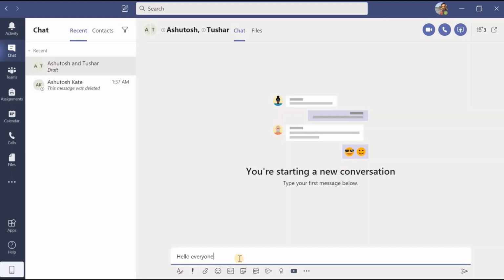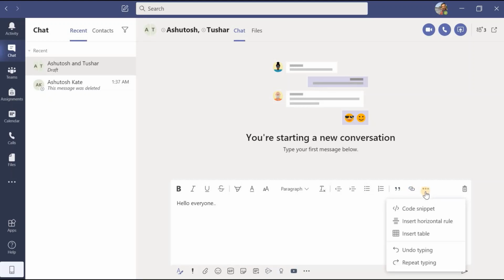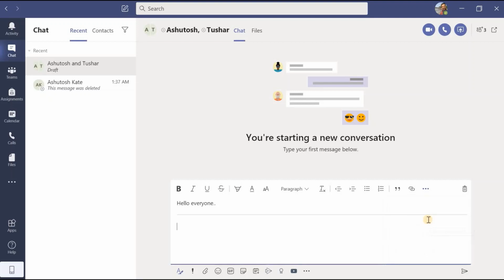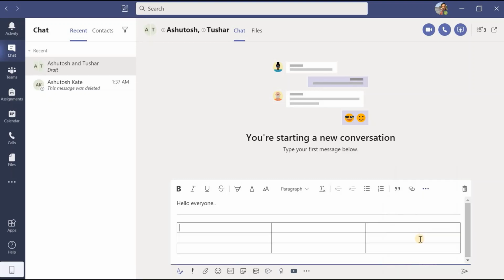and once again same options are there. If I want to make it as a bold, italic, underline, strike through, like this, all the options already we have discussed, and same options are available in Microsoft Office as well. Similarly, if I want to insert a link, I can insert a link. If I want to insert the horizontal line, I can insert the horizontal line. Then if I want to insert the table, I can select number of rows, number of columns, I can insert the table. If I want to write inside the table, I can write inside the table.